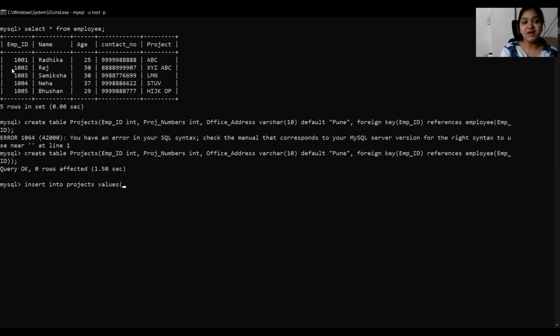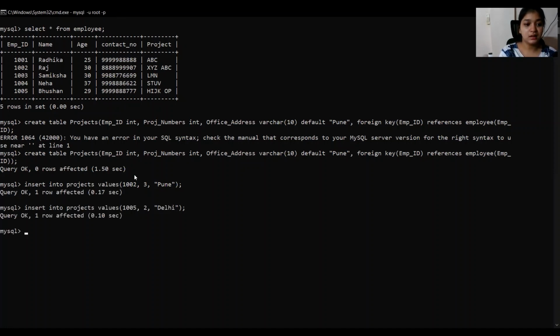Now let's enter value for 1002 ID number. Let's say 1002, which is employee ID for Raj. Okay, so let's say Raj is working on 3 projects and he is from Pune. Yes, let's say we'll enter value for 1005, which is Bhushan. He's working on 2 projects and he is from Delhi.